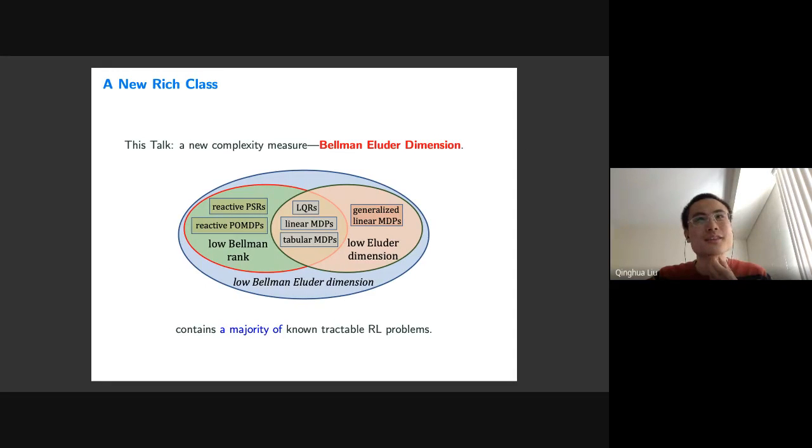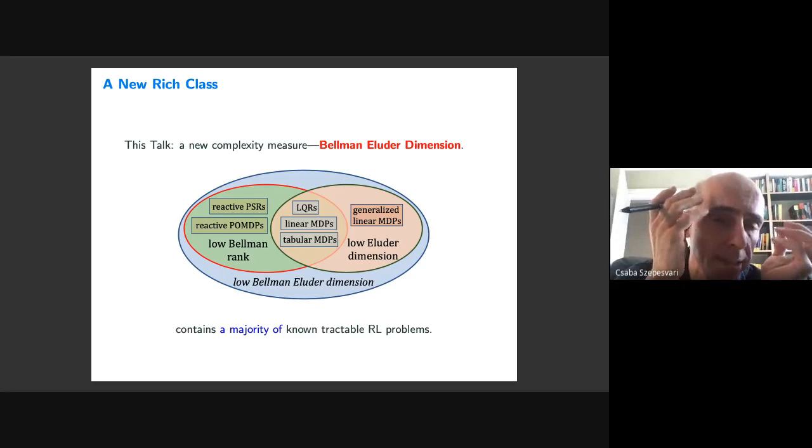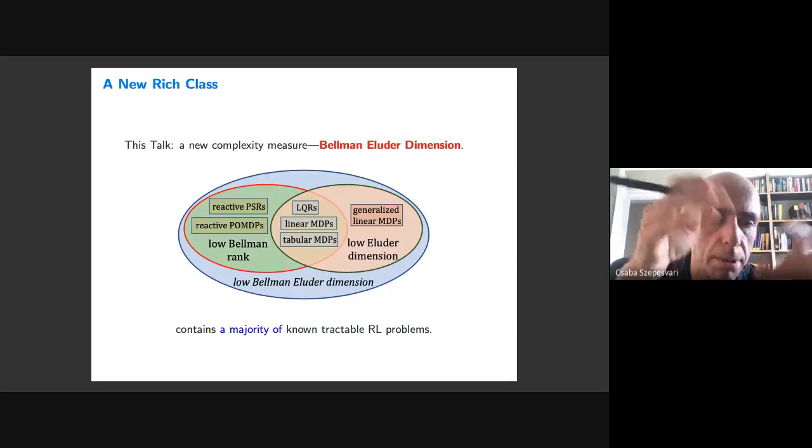Yeah, I think there are a lot of hard MDPs you cannot learn using polynomial samples. There are a lot of such hard cases you can construct that lie beyond this class. But the key point here is that most of the known MDPs lie in this class, because you can always construct some very artificial example that is not learnable efficiently. I guess the question is more like, are there any other sample-complexity-wise tractable examples that lie outside of the blue bubble?